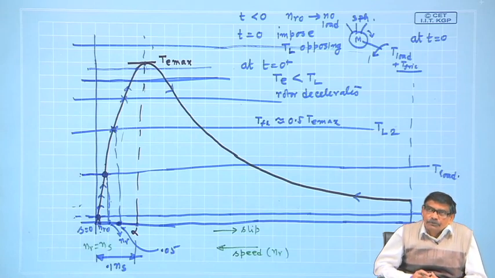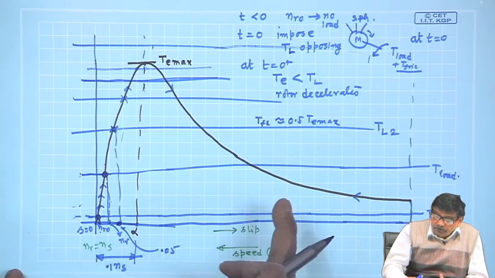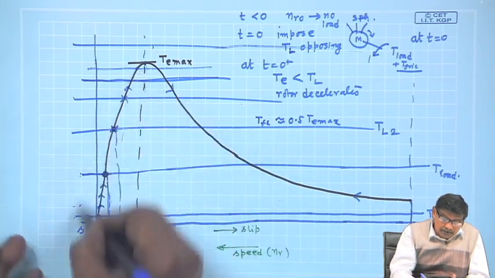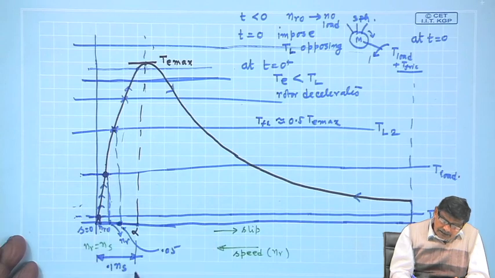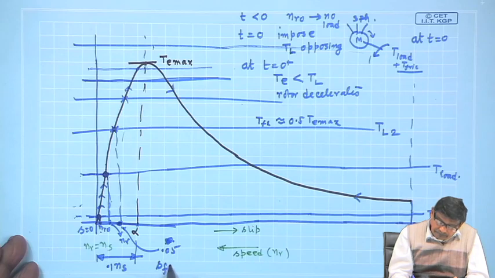So, induction motors are designed at a full load slip, the steady state slip corresponding to full load torque TFL, which is here suppose midway between these two, is say slip SFL